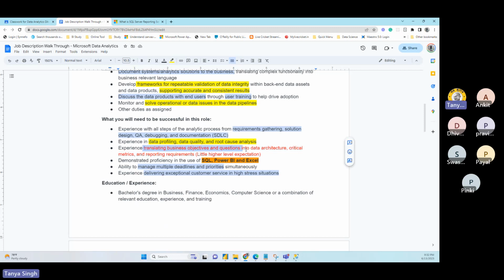They have given this line in the job description, but I see this line is more for senior people who have at least 5 to 10 years of experience, because we cannot expect junior people to do the data architecture, critical metrics, and reporting requirements. Or generally translating business objectives to the data side, because one more problem we see in real life is that business users are very expert in their business, right?